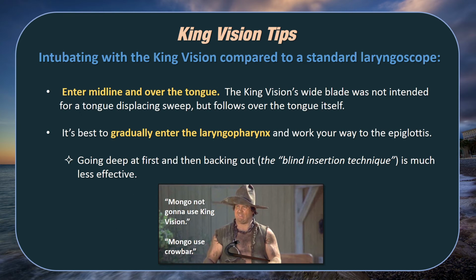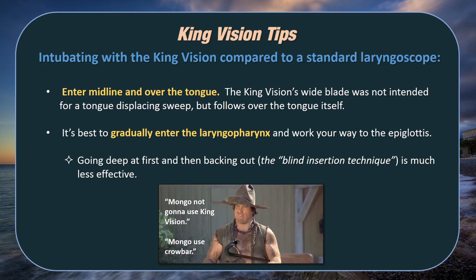As we compare the King Vision to standard or traditional intubation, with the King Vision we want to enter midline and over the tongue, and as the blade slides down, we'll follow the tongue itself. In using the traditional system, I'll start with the right side of the patient's mouth and move toward the left